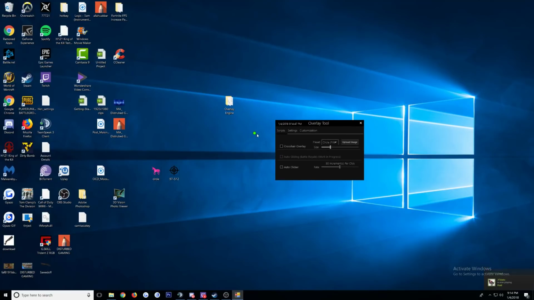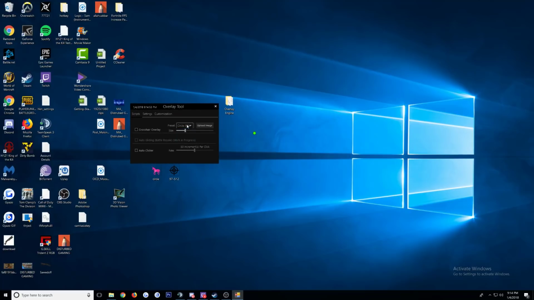So if you're fine with using this one, which is what I would normally prefer, then that's fine. You don't really have to do much more. You could just change the size to your liking, and then change the location to where it's in the middle of the screen, and then you can just close this, and then you'll have this little thing on the top there, activate menu, or you could just decide to drag this off to another